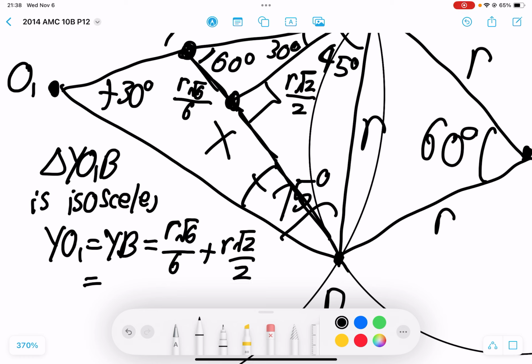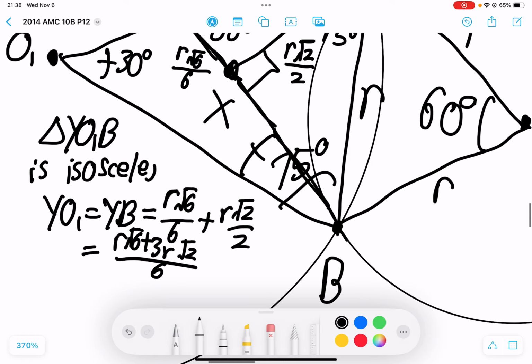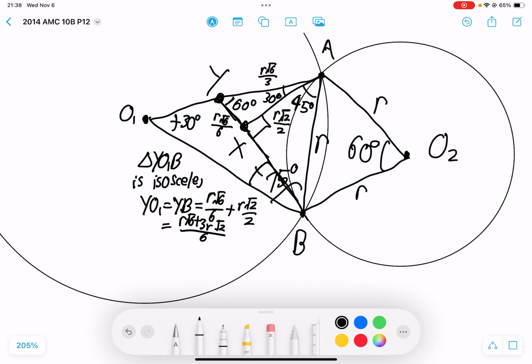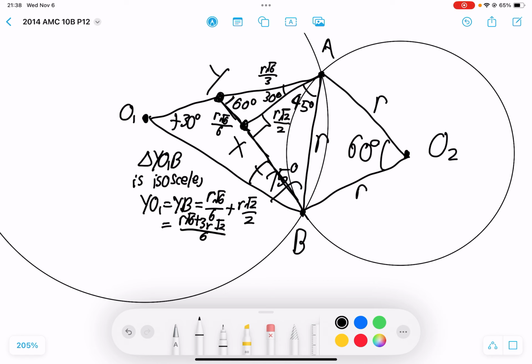So we know that YO1 is going to be R root 6 plus 3R root 2 over 6. That's YO1. So if that is YO1 and YA is R root 6 over 3, then we therefore know that